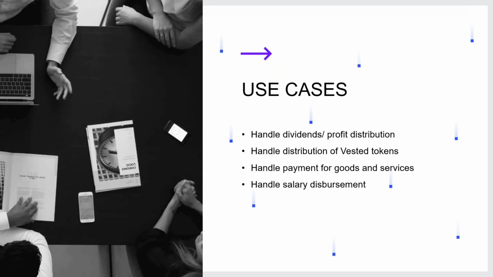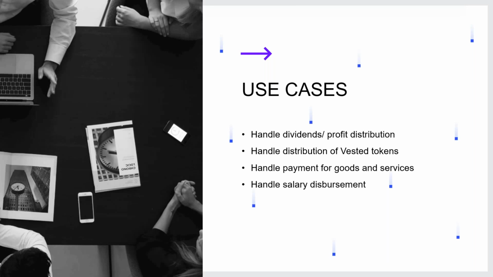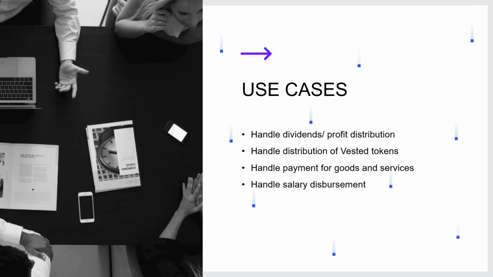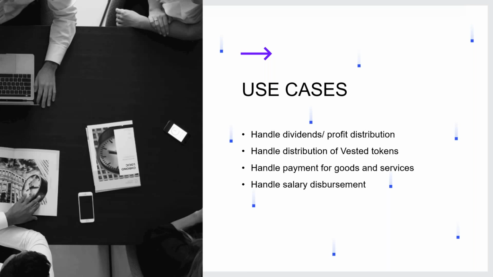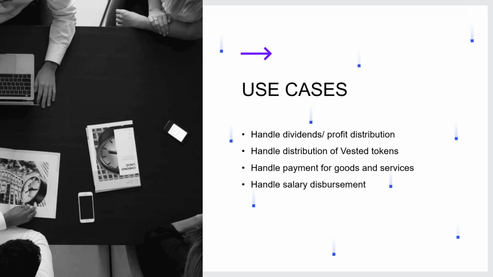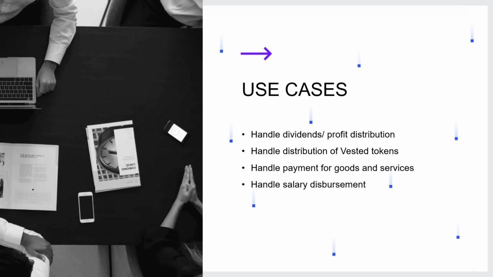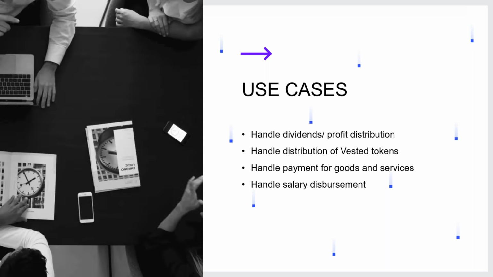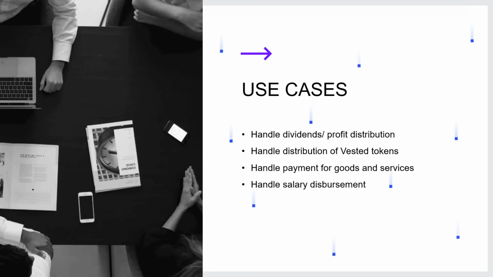And another one here that's listed is the dividend and profit distribution. Now, if something is potentially legally, like a security token, for example, then there could actually be timed distribution to thousands of addresses. So is that another use case? Can you walk us through that a little bit? Yes, actually. So